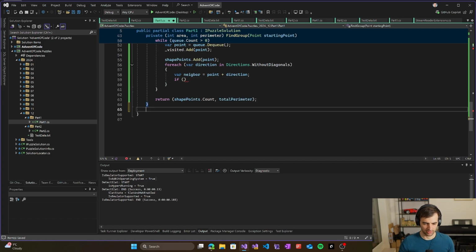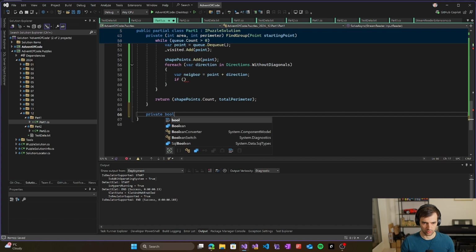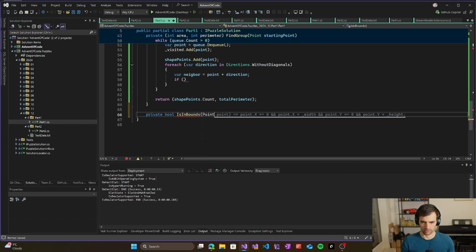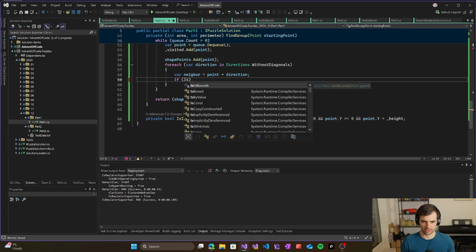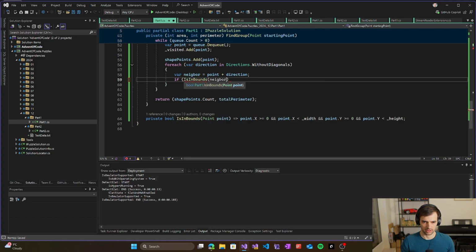We'll have a method like private bool IsInBounds, which takes the point, and this is the logic that I wanted exactly. So if IsInBounds neighbor,